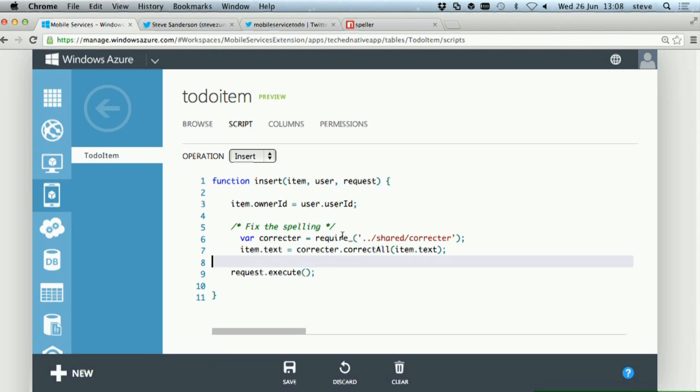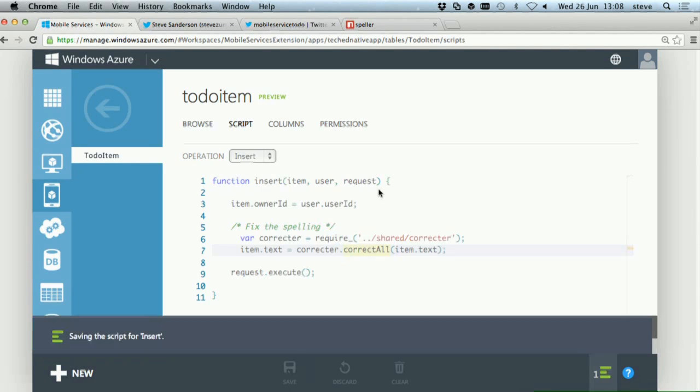And if you're wondering why I've got require underscore instead of just require, that's because this source control feature is currently in preview and it's not fully released, and there's a bit of an issue like you've just seen earlier, and I'm working around it with this weird version of require. But hopefully, like I said, that's going to be fixed really soon and you won't see this issue yourself. So you can just pretend that that's just a normal require statement. So I'm saving that script now.